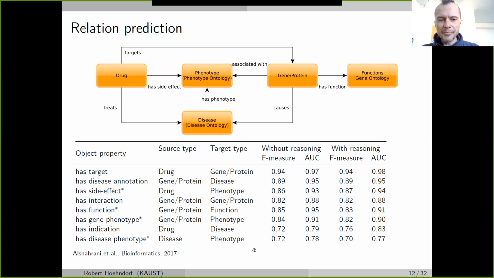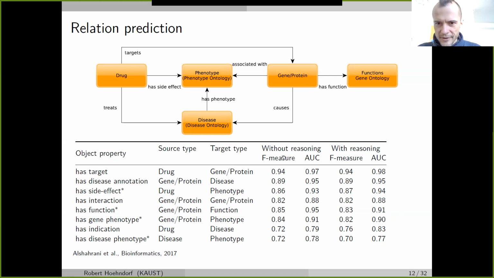This paper was in bioinformatics, and we basically just formalized each of these tasks, and each of them represents almost a subfield in bioinformatics. So there are hundreds of papers predicting drug targets and so on. In most of our evaluation, we could match state-of-the-art performance of some of the best performing methods just by having this large scale knowledge-based approach. But it's not what I want to talk about.